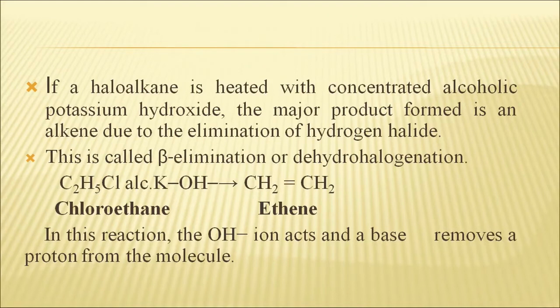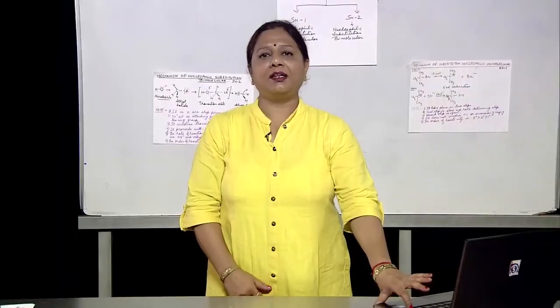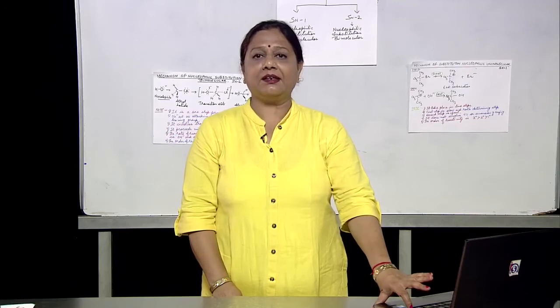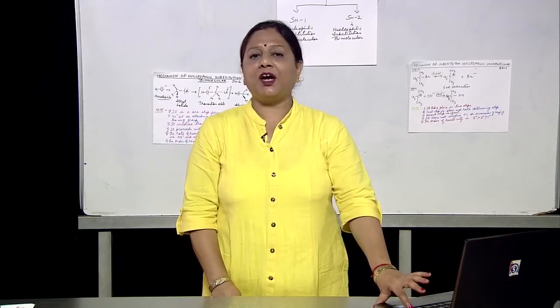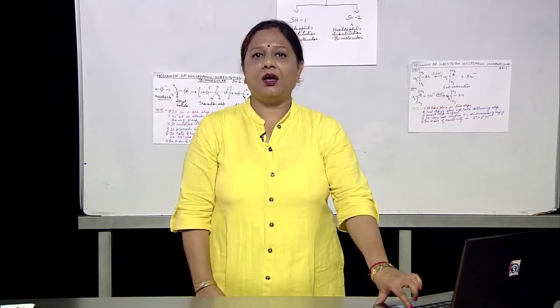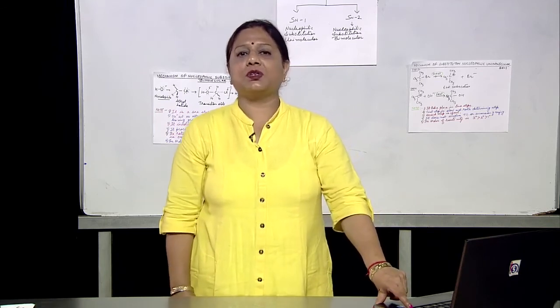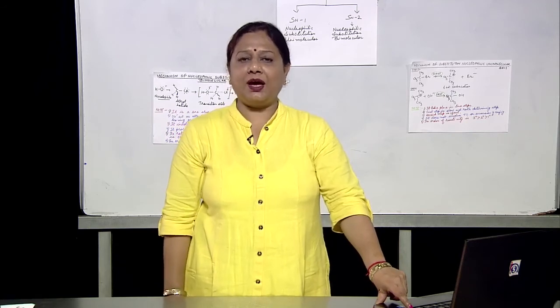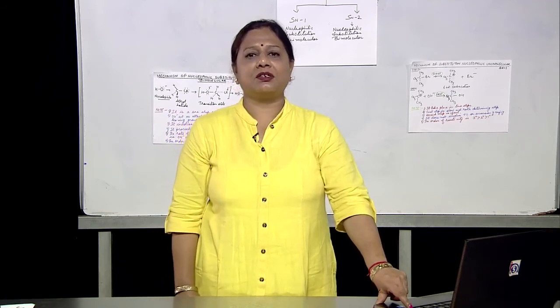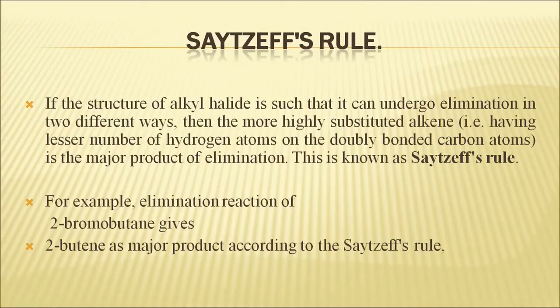So it removes a proton from the molecule and the product formed will be ethene. So there was a difference. Aqueous KOH gives you alcohol when reacted with C2H5Cl, but when you react alkyl halides with alcoholic KOH, you get ethene. If the structure of the alkyl halide is such that it can undergo elimination in 2 different ways,